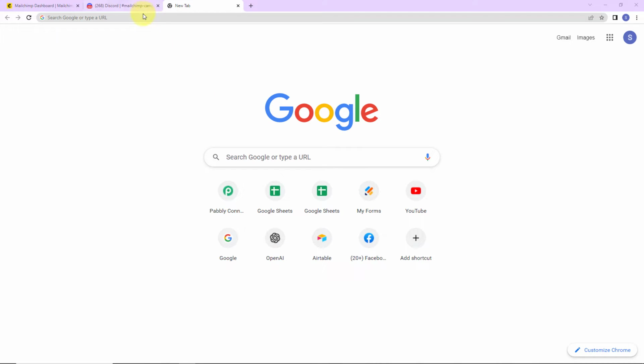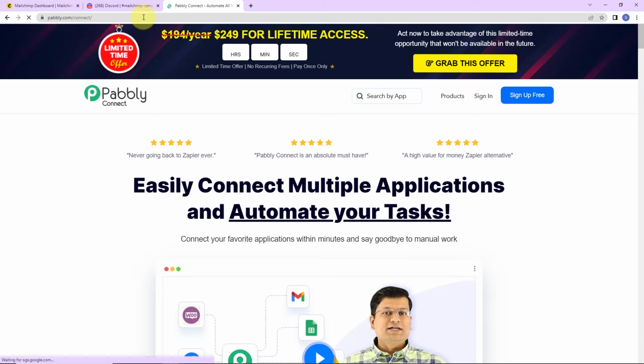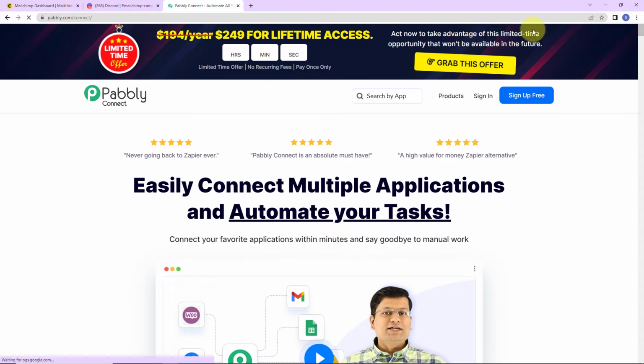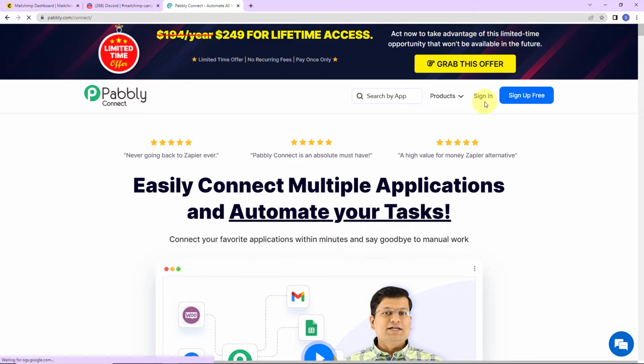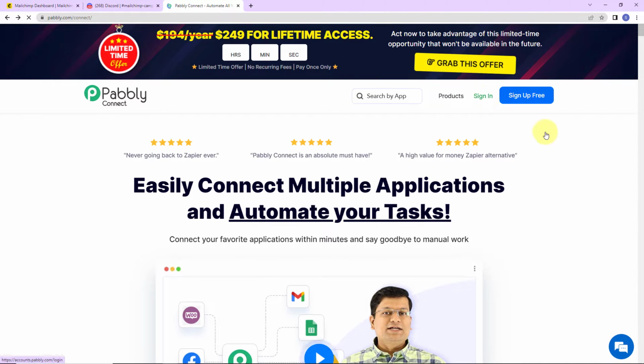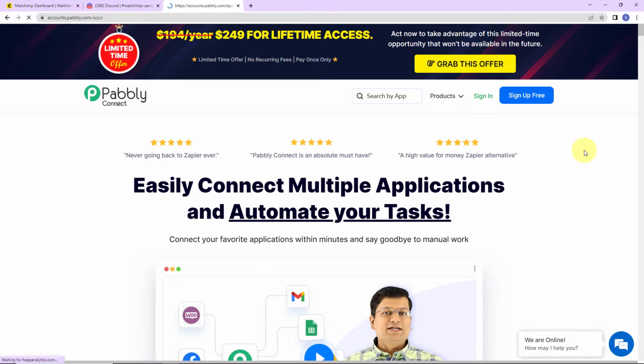To begin with the process, we are first going to type the URL pabbly.com/connect, and as we do that, we have reached the landing page of this software. On the right hand side, you can see two options, sign in and sign up for free. If you are an existing user, simply click on sign in. If you are a new user, click on sign up. It won't take more than 2 minutes, and at the time of account creation, you will get 100 free tasks. So now I'm going to click on sign in as I'm an existing user, and